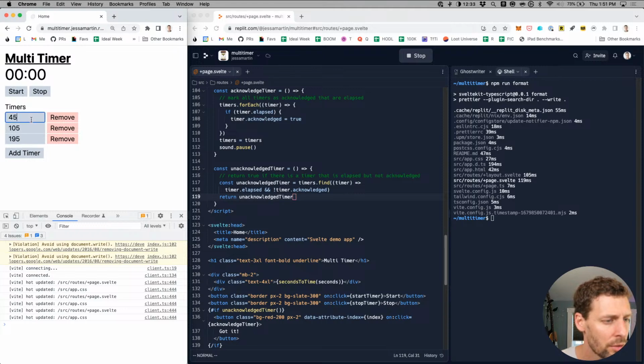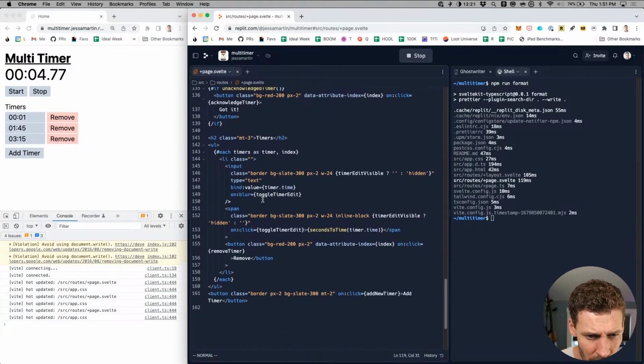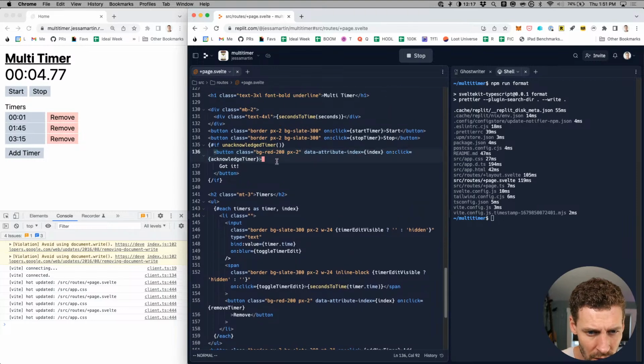Okay, cool. So now if I hit 1 and start, oh, stop, okay. So I wonder if this if function won't work.